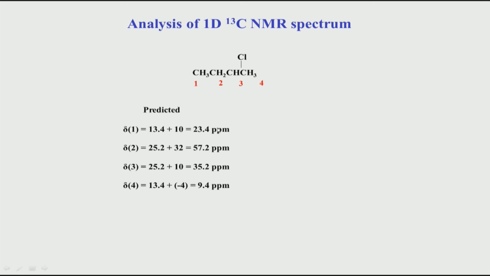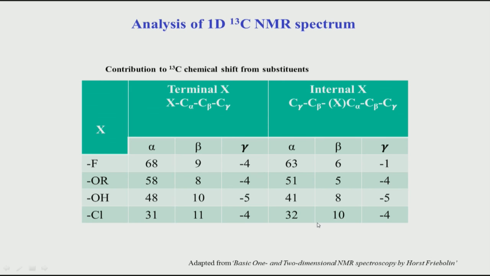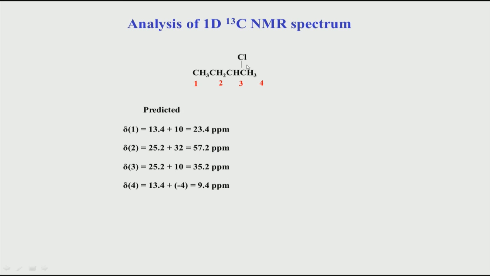Actually, there is a slight error here. What we are looking at is this side here, and the numbers are reversed. So, this is for 1, this is for 2, this is for 3, and this is for 4. There is a typo here, you have to just reverse this order.